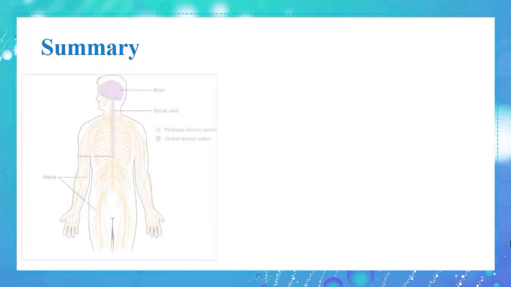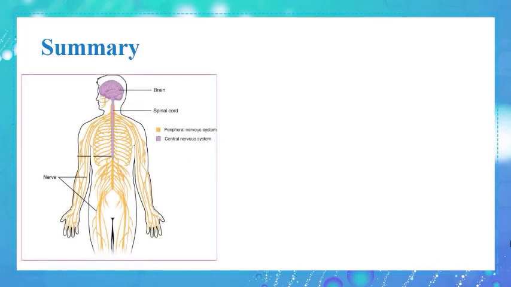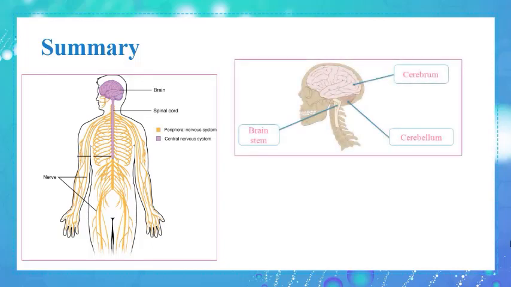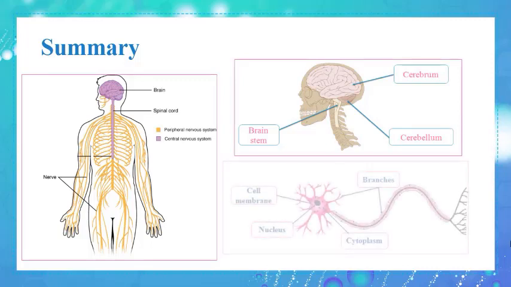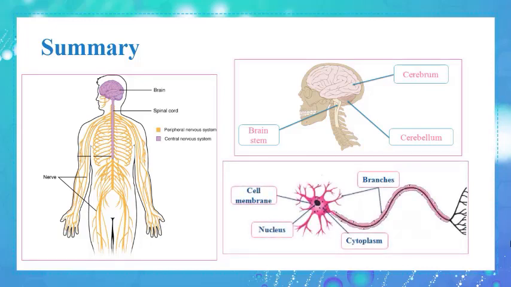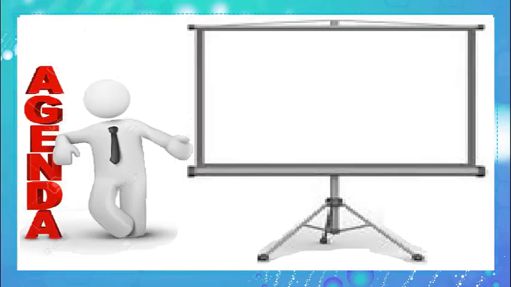To sum up, in this lesson, we studied the parts of the nervous system, which are the central nervous system and the peripheral nervous system. The central nervous system is made up of the brain and spinal cord. The peripheral nervous system is made up of nerves. Moreover, we studied the parts of the brain, which are the cerebrum, the cerebellum, and the brainstem. In addition, we studied the parts of a nerve cell, which are the nucleus, the cell membrane, the cytoplasm, and the branches. As an assignment,